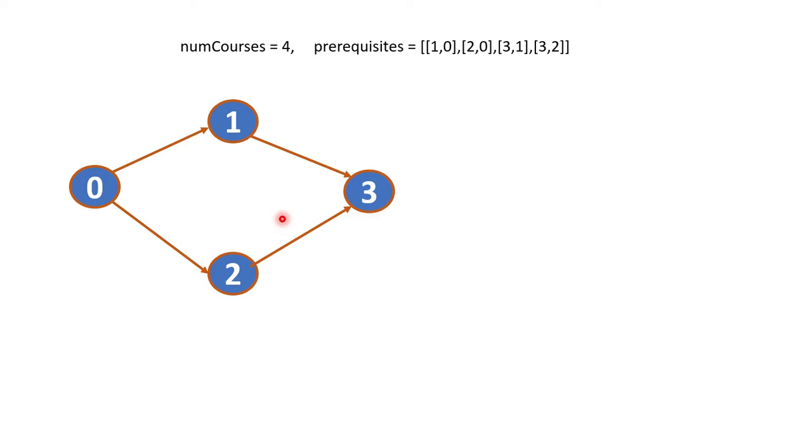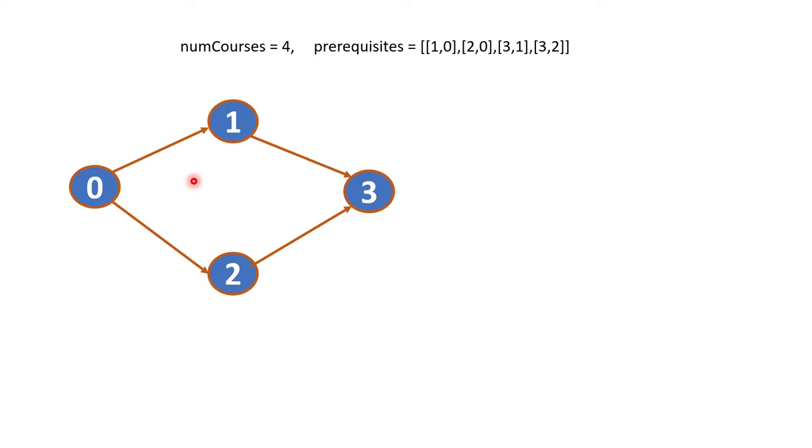Now you understood that this forms a graph, and it is a topological sort related problem. If you have gone through the previous video, then it is clear that it is a topological sort problem. Now the result we have to give is the order in which, if we read these courses, all these dependencies will be resolved.